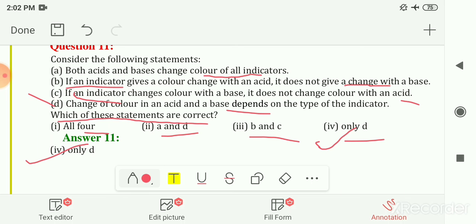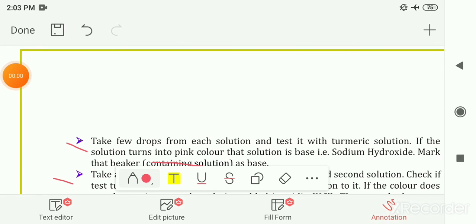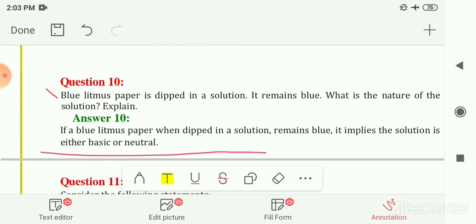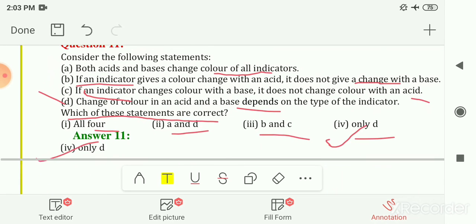So here the textbook exercise solution of chapter number 5 gets over. You have to write this exercise in your notebook, that is your homework. You have to write all this exercise. You can write true, false, and the last question, question number 11, in your textbook. The other exercise you have to write in your notebook, that is your today's homework.